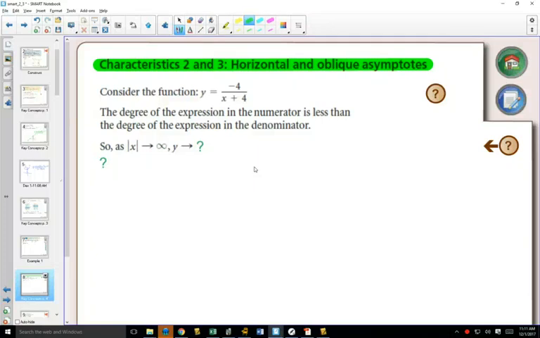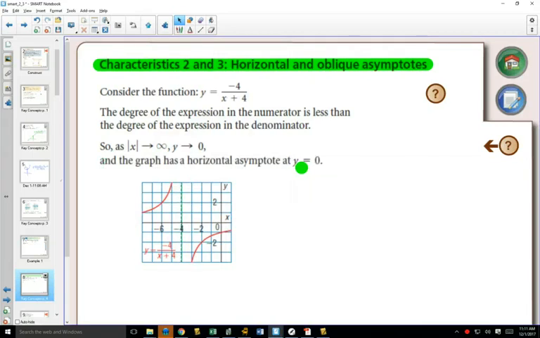Characteristic number 2 is wondering when there are going to be horizontal asymptotes and when we are going to have these diagonal oblique asymptotes. So we've got a function here, negative 4 over x plus 4. This one right here is going to have an asymptote at y equals 0. First of all, we can use what we already learned from characteristic 1 in that this one